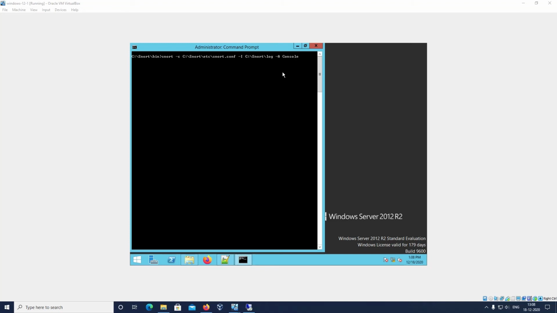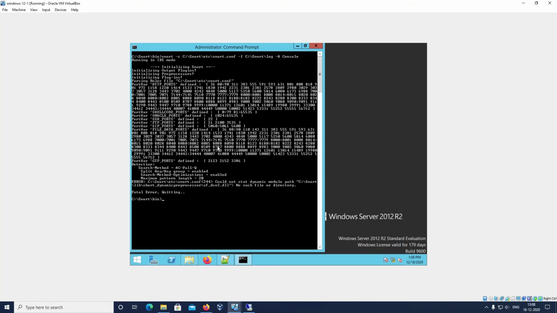So now I am going to run this command. As you can see, we have got an error in the c:/snort/etc/snort.conf file in line 244, where it is saying c:/snort/lib. Here we can see that we have got an error in Snort, as in place of n it is given as h.